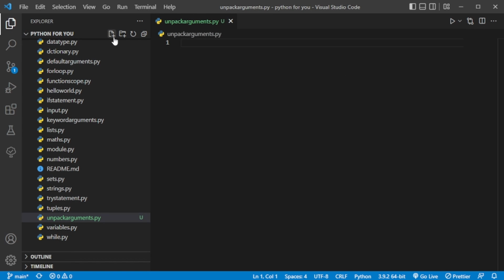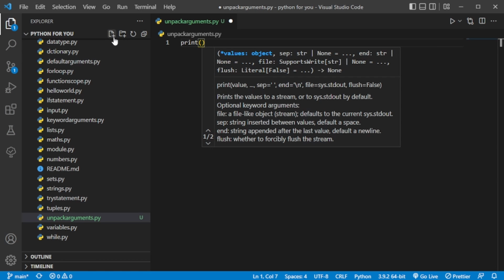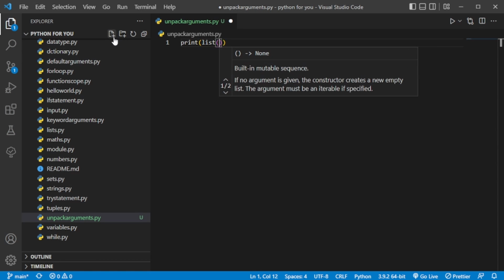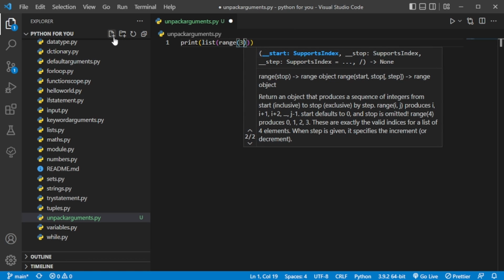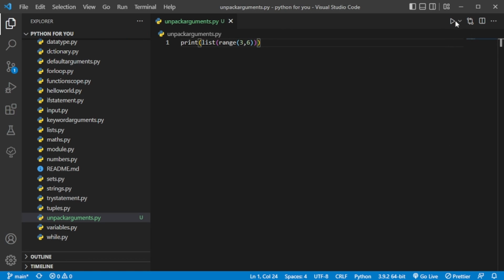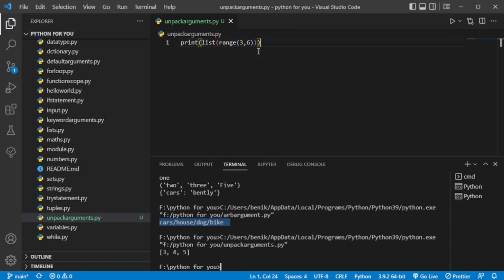So if you want to unpack a normal list, you simply have to go... So you do this normal call and it's going to unpack this list. So over here I created a small list from range 3 before 6, and this is how the list will look like. Now if you want to use an argument to call it,